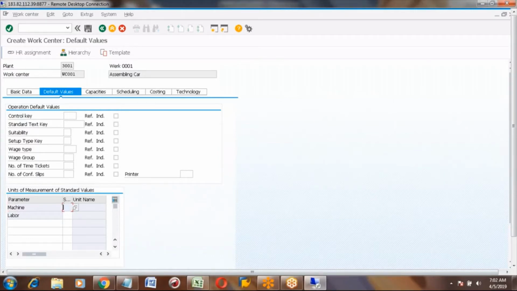Generally we measure in a unit like time, hours or minutes. That means it will say 10 hours is the running time. Labor will also be maintained in time only.